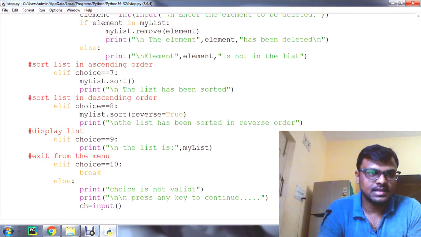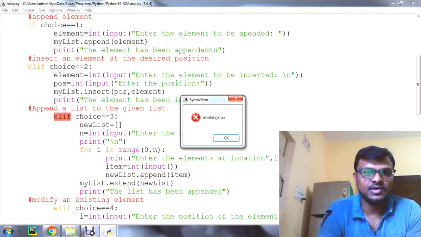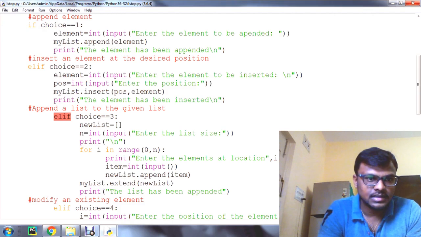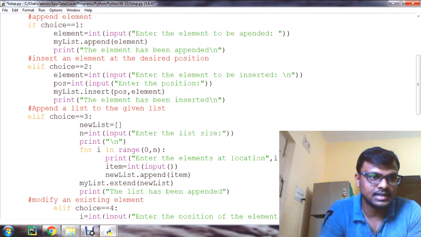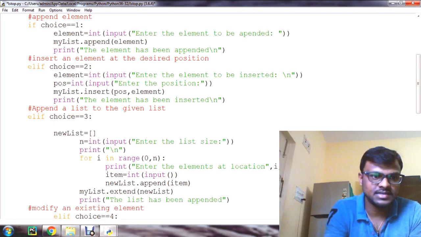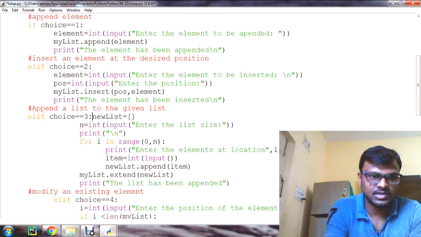Now let's run the program. Run module. So here invalid syntax. Okay, fine. I made some indentation mistake. It's okay, no issue.